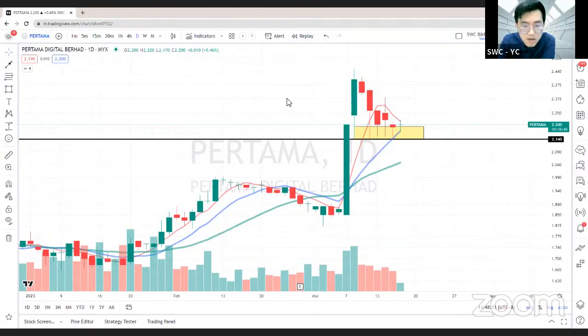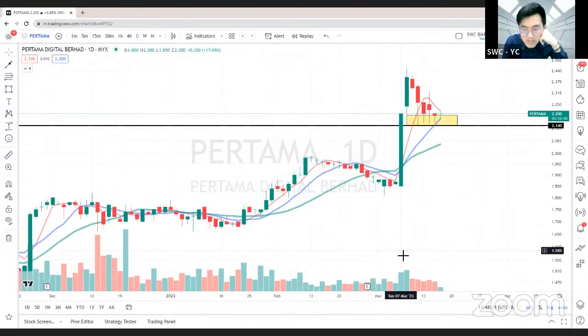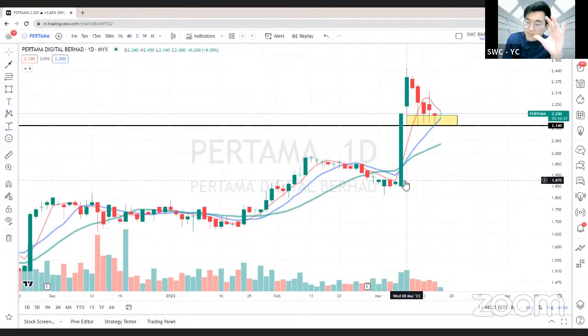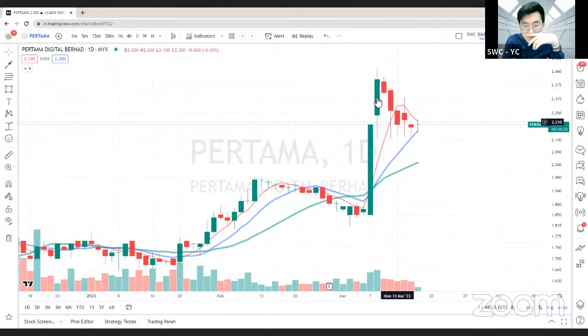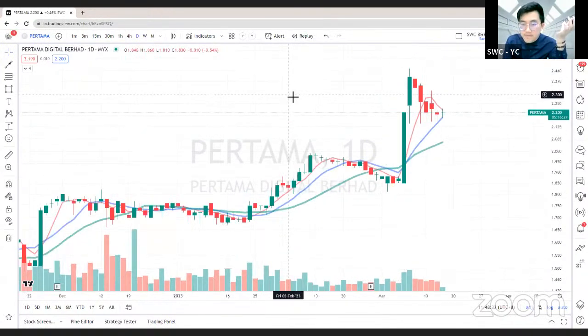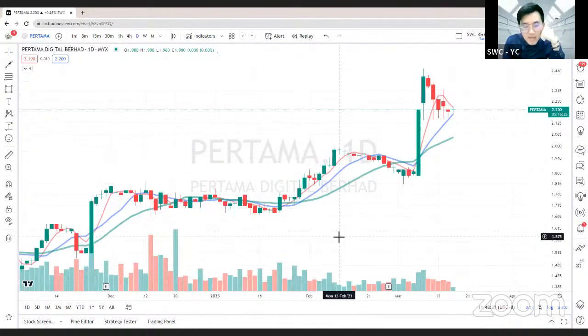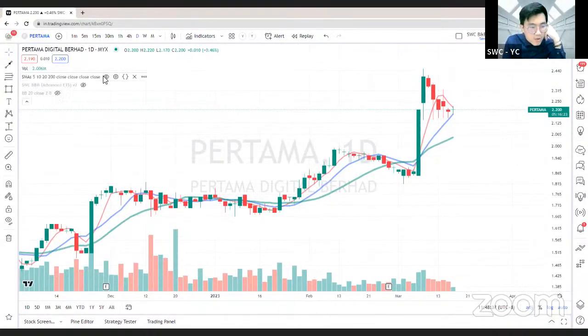Then, what do the colors of volume indicate? Is it important for trading? Yes, of course. The green color means the price is going up. The red color means the price is going down. Okay, so for us, because we are used to it already,